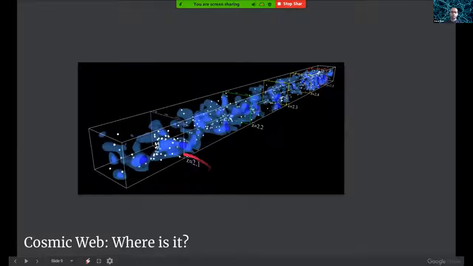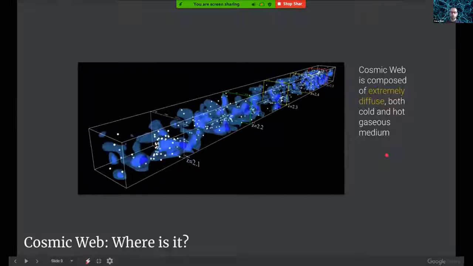It turns out that the cosmic web is incredibly diffuse. It is a very sparse medium, mostly composed of gas. It also has an underlying scaffolding of dark matter, but we cannot definitely see that. Here you see that from the point of view of individual galaxies, which are just dots, the intergalactic medium or the cosmic web is just these weak, fuzzy structures penetrating in and out. So this makes this structure very, very hard to detect. It basically doesn't emit light, it reflects or scatters very little light. So it is a tough case.